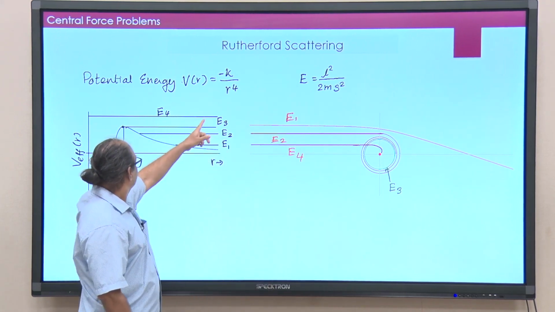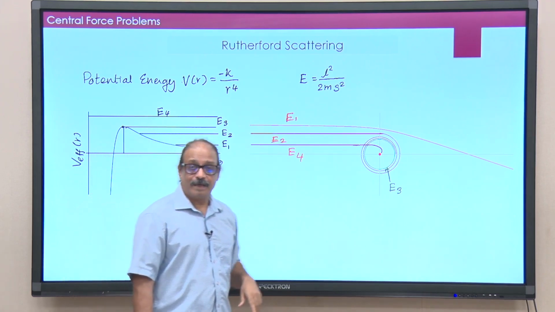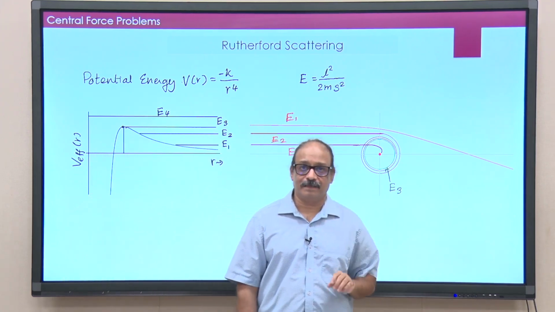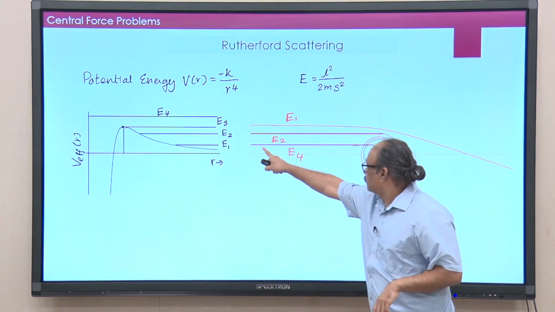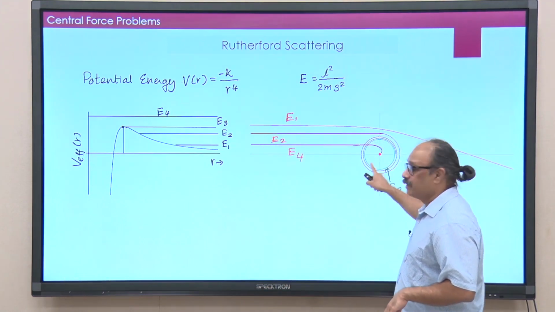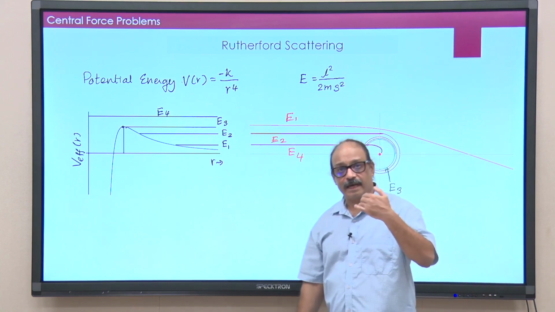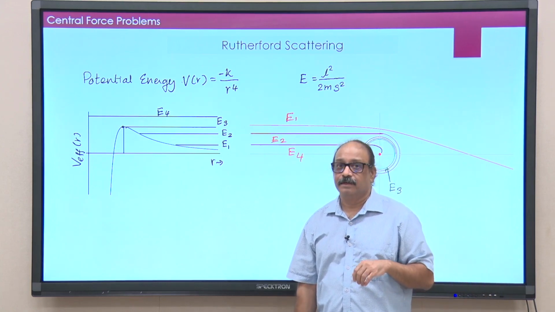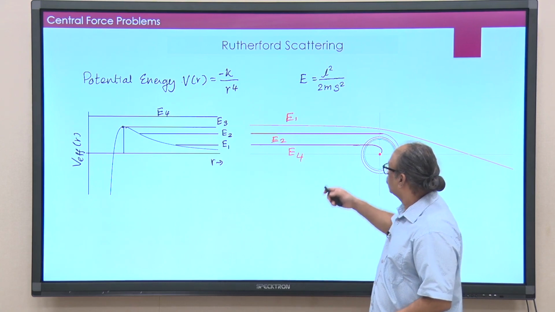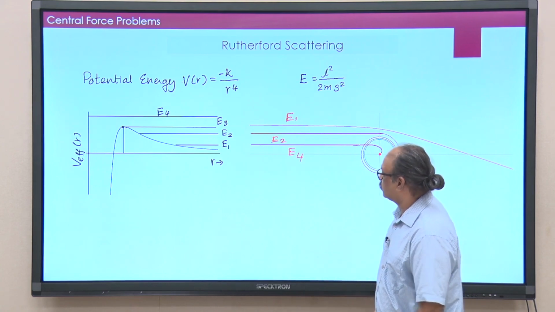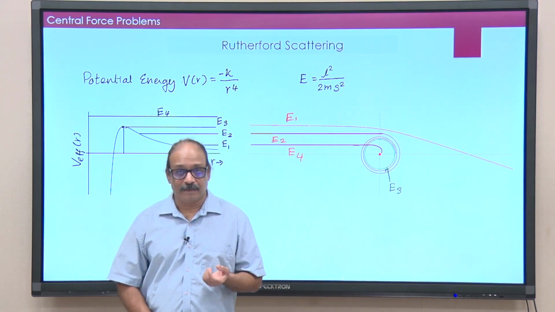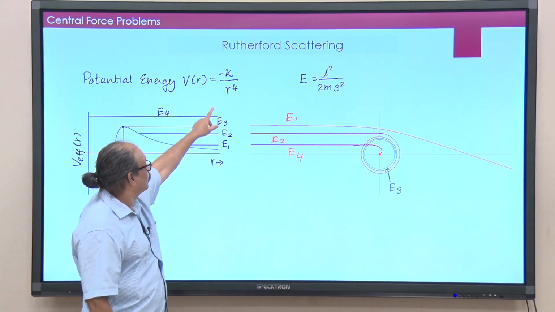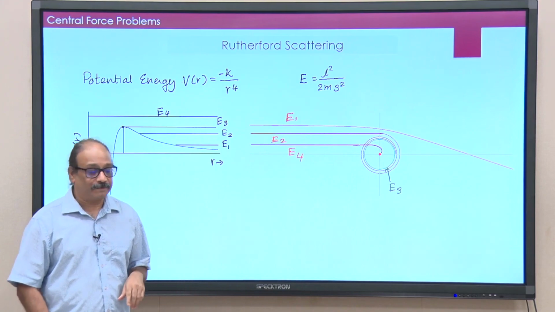Look at this. This one does not have a turning point. It is going to go and eventually crash into the scatterer. So, the trajectory E4 is the trajectory which is given here, which will eventually come and crash into the scatterer. Okay. Fine. So, these are the kind of trajectories you are likely to get with the attractive power law potential, where the power is of course greater than r square.